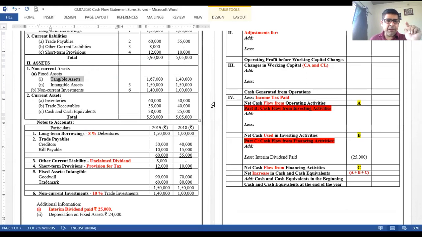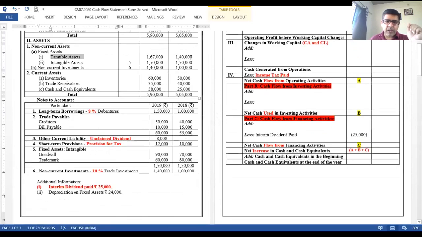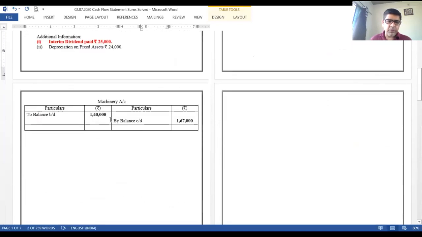So this simply indicates that the company has been maintaining the fixed asset account at its book value, not at its cost price. So I have prepared the machinery account over here. The opening and the closing balances, let us check those. This is 140 and 167. So the same two balances I have mentioned over here, 140 and 167 in the machinery account. Depreciation, we can see that it's 24,000. If I have to give the journal entry, depreciation account is debited and the fixed asset, that is the machinery account, is credited. So on the credit side of the fixed asset account, I'll have to give the effect by depreciation, and the amount can be seen as 24,000.